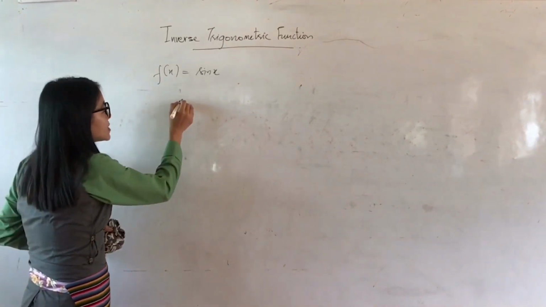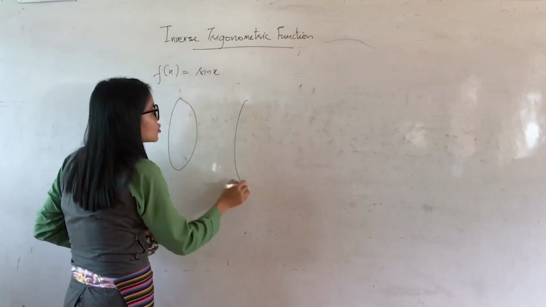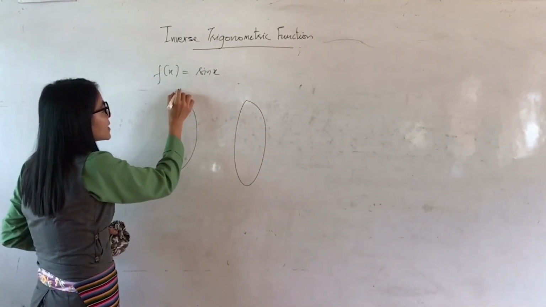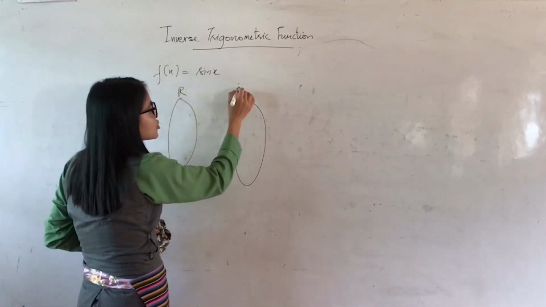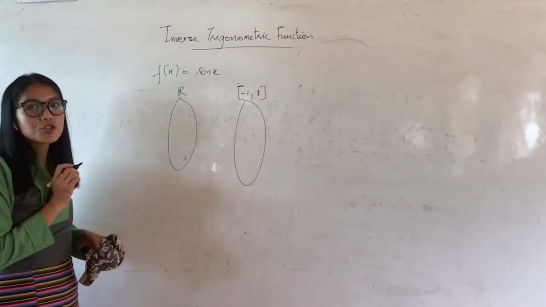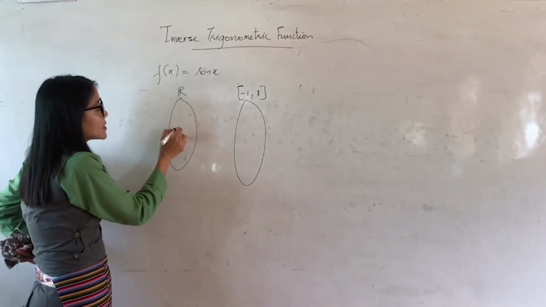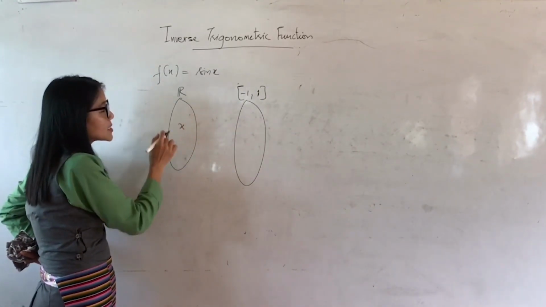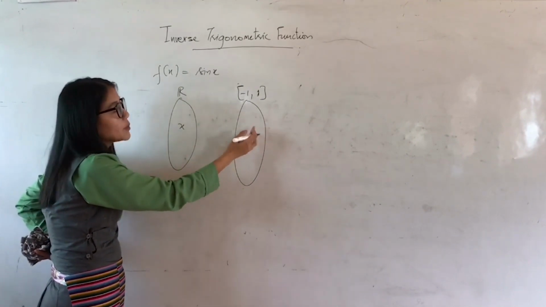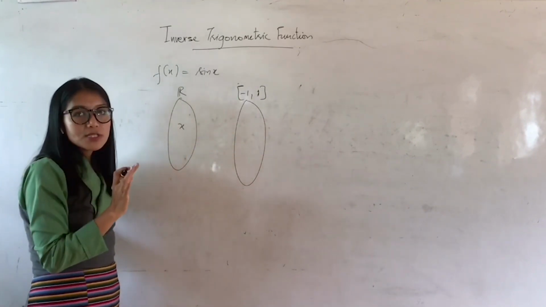So I'll check that. We had seen the domain and range of sine in the previous section. The domain of sine is the set of all real numbers and the range of sine is -1 to 1. So this is the domain and range of sine, which means if I consider any x from the set of real numbers, you will always get a defined value, and that value will be in between -1 and +1.